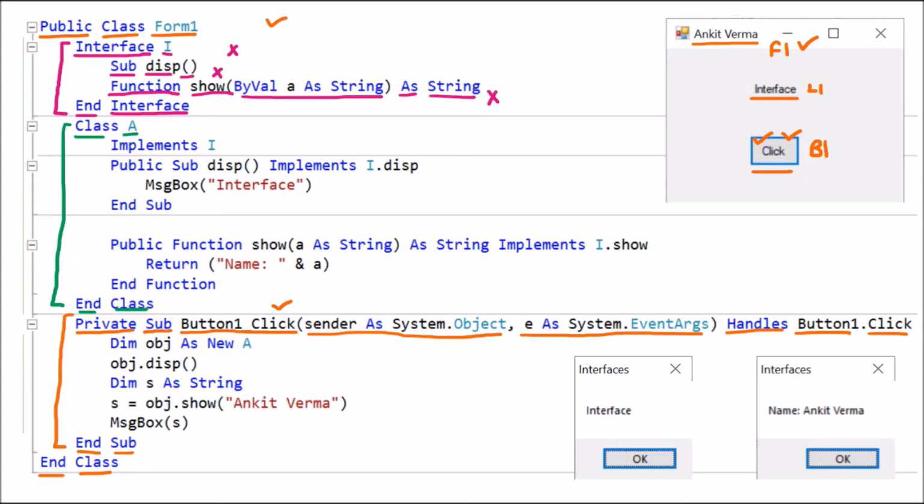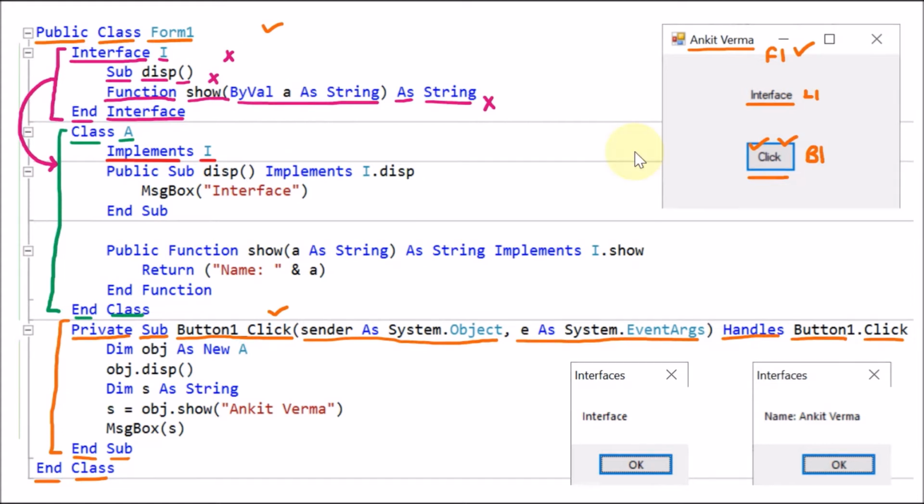After that class, we are having implements I. That means all the members of interface I can be included here into the class A. Implements means we are going to implement the interface I in the class A. As we are including the interface, that means we are implementing the interface I into the class A. So we have to provide the implementation of their methods. We know that interface have methods which only have the signature or the prototype, but not implementation.